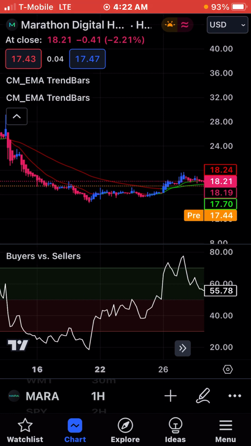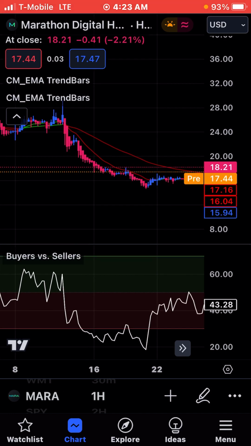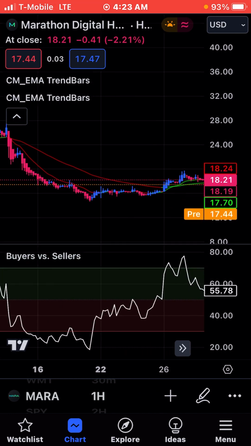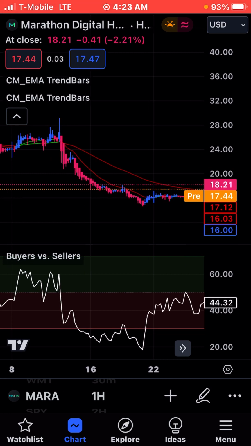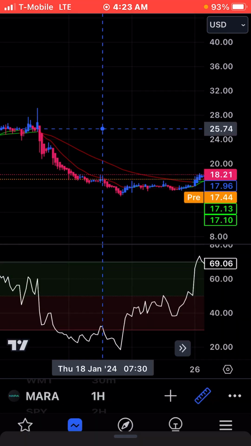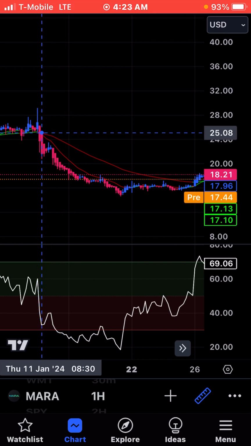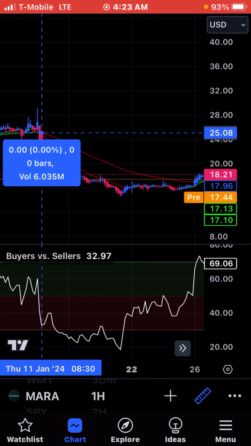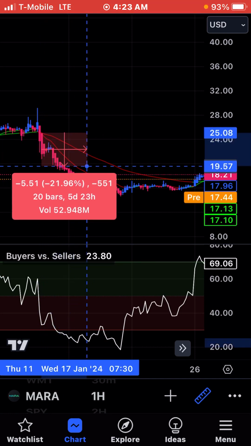Now, when Bitcoin has its halving here pretty soon, this might work really well depending on certain mining stocks. But anyway, let's look at this one right here. This is Mara, and it crossed down here, so this is a put. If we look, as long as it stays in the sell zone,